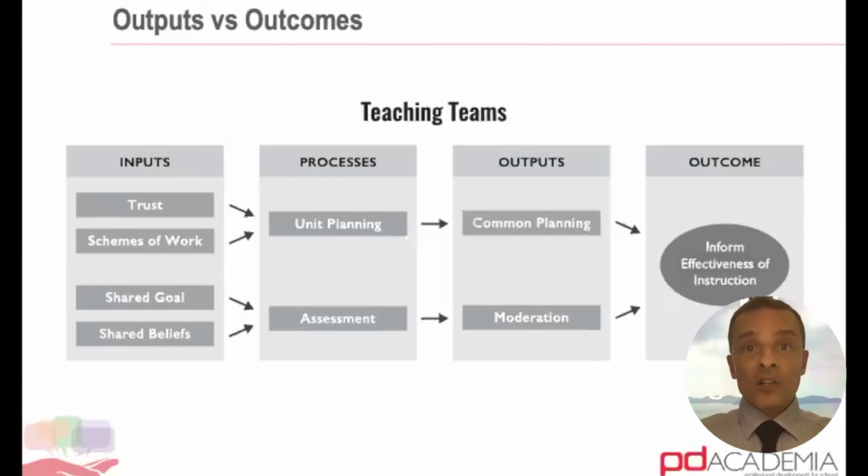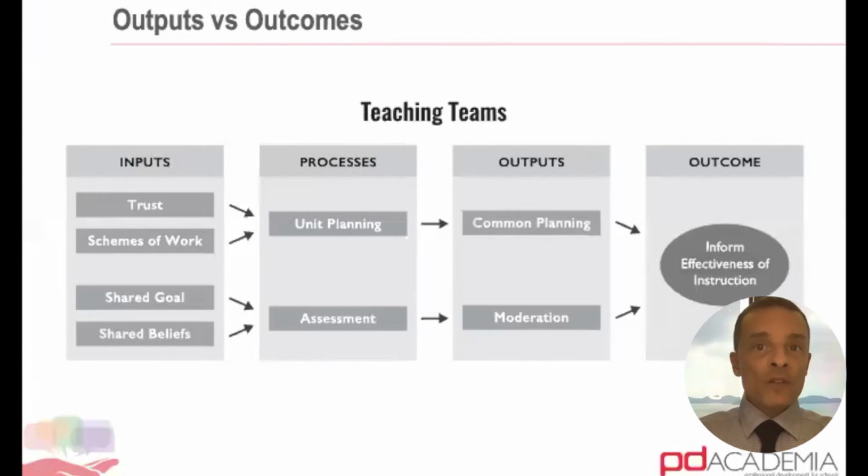Now, when we take a look at goals, and I talk about SMART goals, we can have SMART goals for individuals, but it's not appropriate for a team. A team really needs to agree on its outcome, and then it can set goals that will contribute towards that outcome. The important thing in this is that team members then can set their own personal goals, such as common planning or moderation, that they are really passionate about and things that they really need to work on. And as they work on those things, they can inform other team members of their progress and share their learnings. In doing so, we're contributing towards the main outcome.